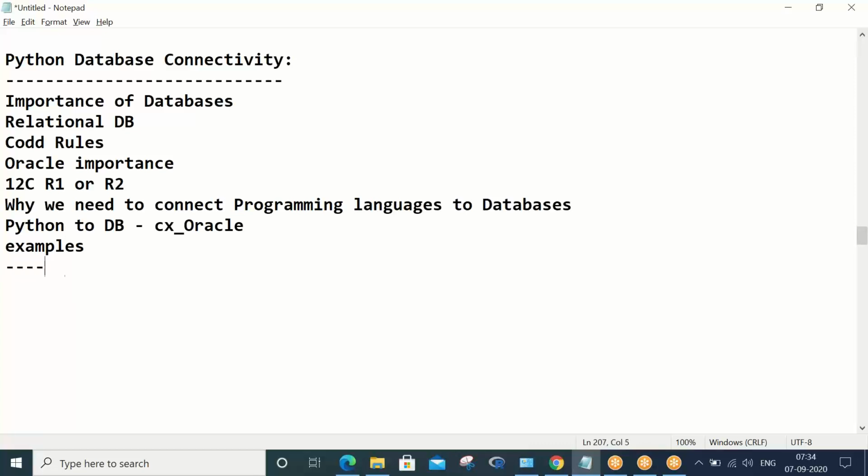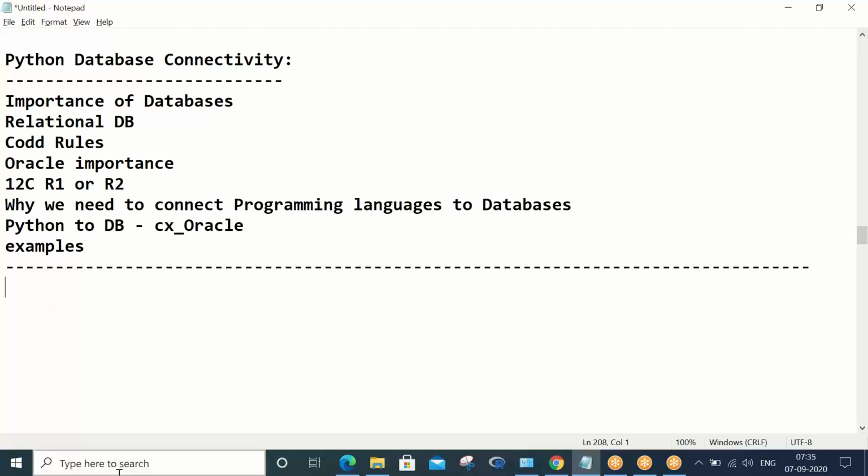If I should say, 80% of the concept you have already got yesterday. Now the CRUD operations we did in SQL Plus, the same operations we are coming back to here in Python, and in just the execute method we will change the statements from create to update, update to insert, insert to delete, and then we are going to see a few more examples. That is what we are going to see for today. So let me open IDLE.